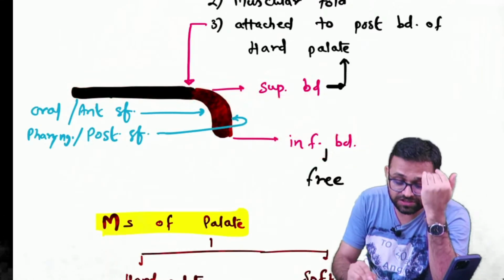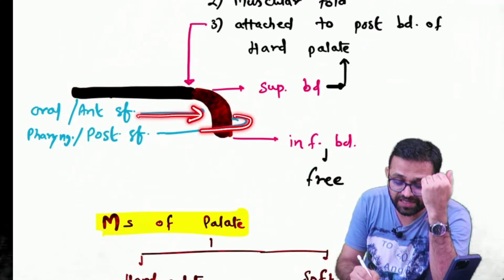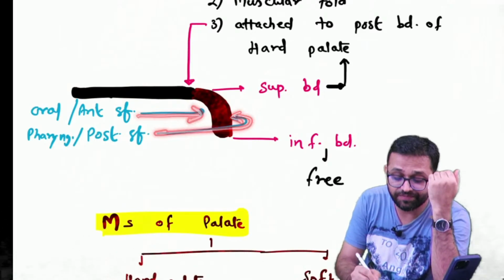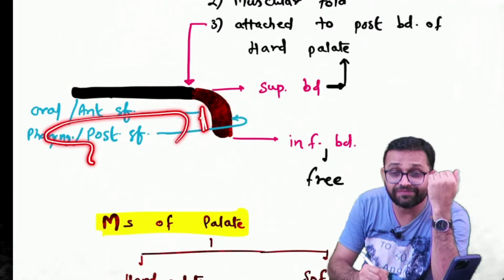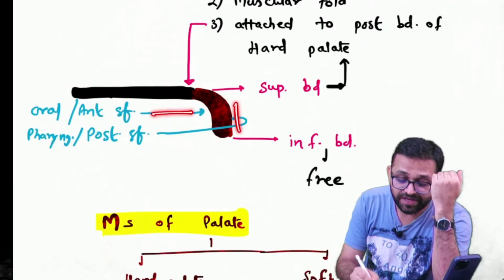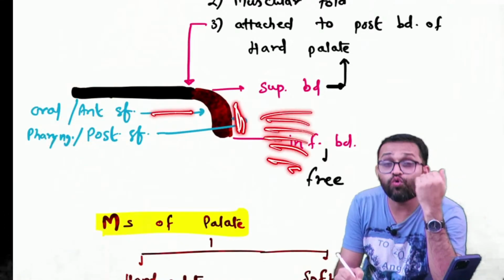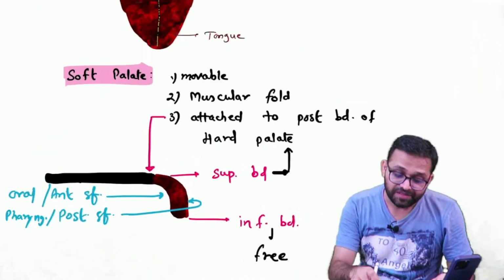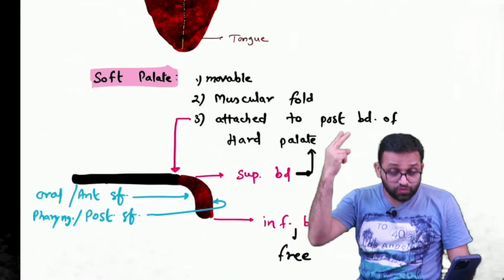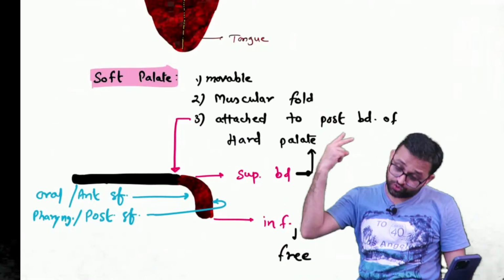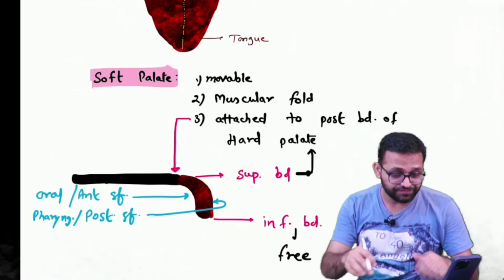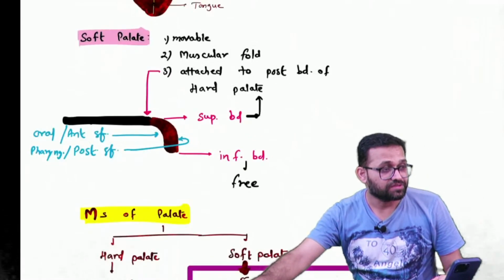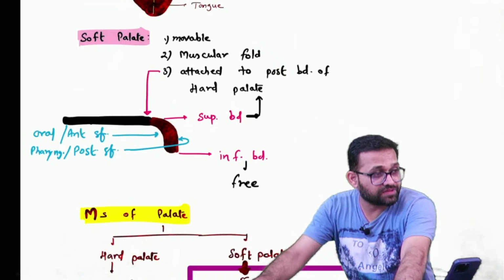Now can you see what are the surfaces? Sir, this is the anterior surface and here is the posterior surface. 2 surfaces. Okay, the anterior surface is towards our oral cavity, so this is known as the oral surface, and this part is towards the oropharynx, nasopharynx, so this is the pharyngeal surface. So remember the soft palate. Sir, soft palate is having 2 borders, 2 surfaces. Very beautiful. Okay. Now look for our next portion. Okay, sir. So we are going to talk about this next part.